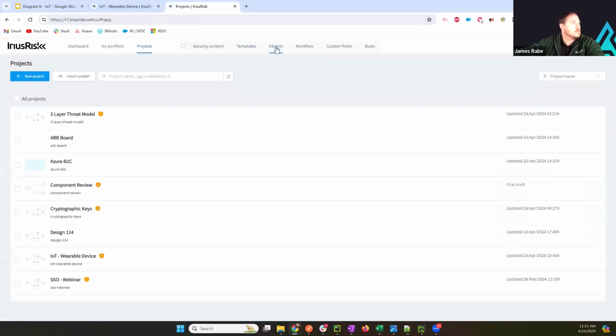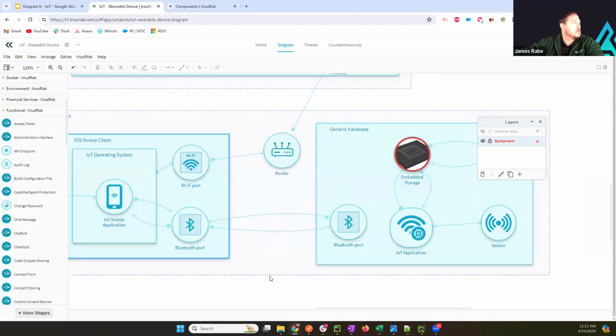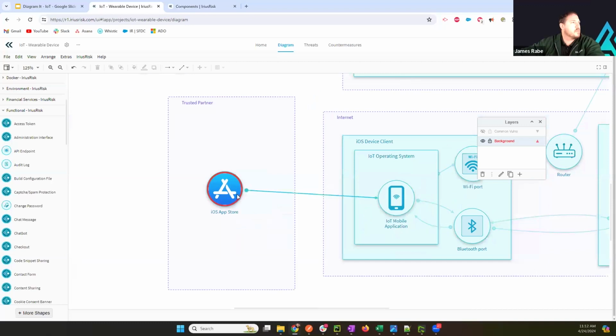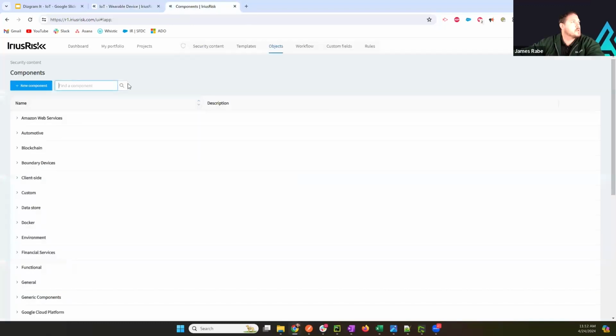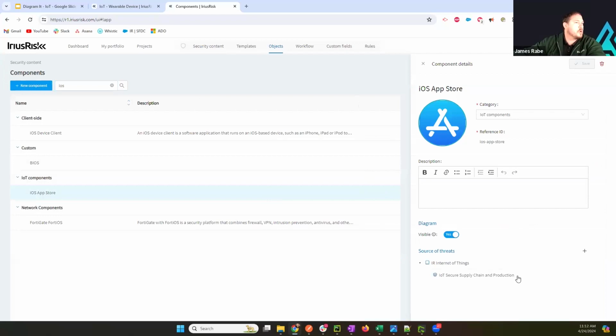So if I go into objects, components, and then I want to look specifically at my one for, I think I did, was it iOS? So I click back over so I don't forget what it was. I have embedded storage and I have iOS App Store. So iOS App Store, and that iOS App Store component is grabbing this IoT secure supply chain and production risk